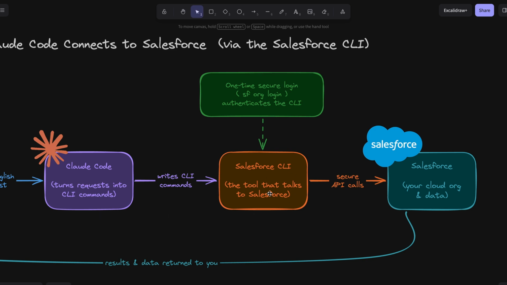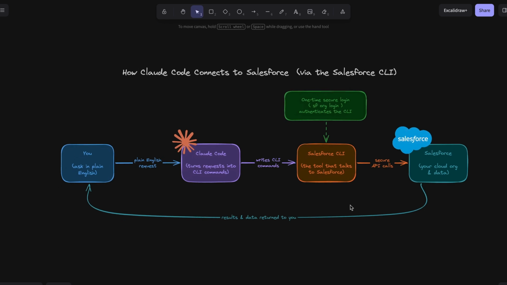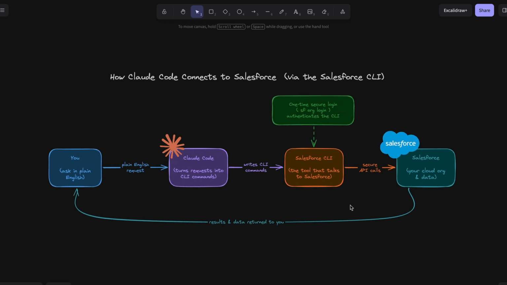So this is my preferred way of integration. I find it very simple, and it's actually becoming, I would say, like a trend amongst people who integrate AI assistants with different software platforms. So yeah, I just wanted to give you this high-level overview, and with that said, we're now going to jump